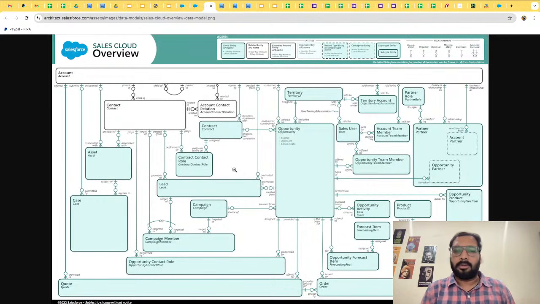that will be an added advantage with the interviewer, because you know the configuration of that particular cloud. It can be any cloud: Sales Cloud, Service Cloud, Marketing Cloud. If you know the in and out of that particular cloud, it will be very beneficial for you to crack that interview.